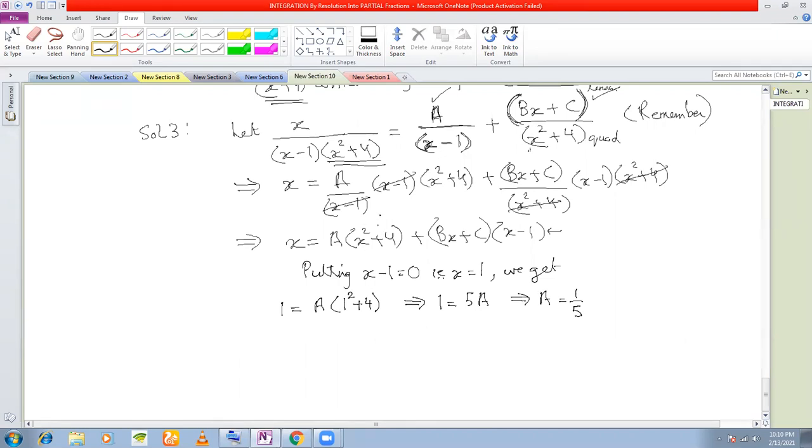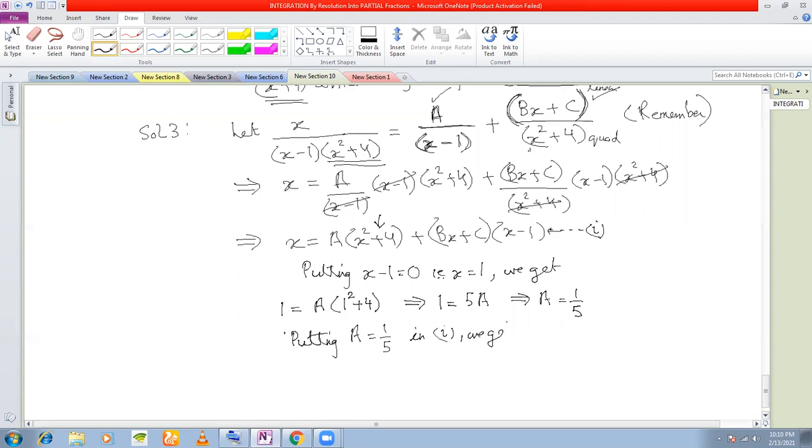In order to get the value of b, this part must vanish, right? So if you put x square plus 4 equal to 0, what will you get? You'll get an imaginary value of x, right? But x cannot be imaginary. x has to be real, isn't it? So since you cannot put x square plus 4 equal to 0, let's call this 1. In order to find out the value of b, you will have to equate the coefficients. But first put the value of a. Putting a is equal to 1 by 5 in 1,